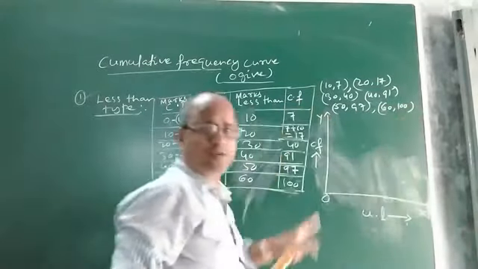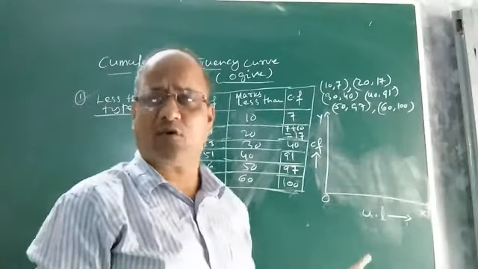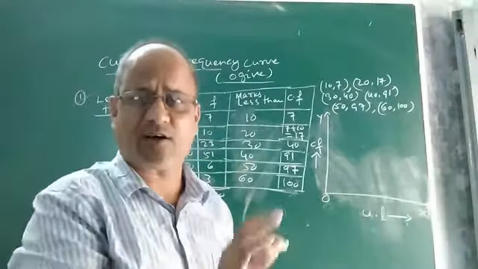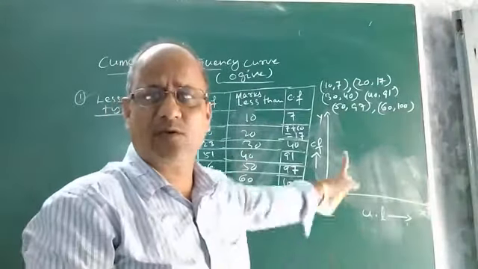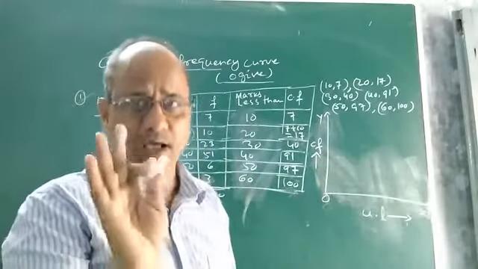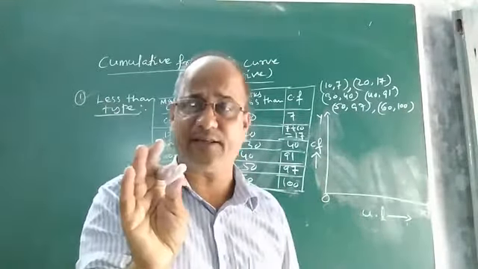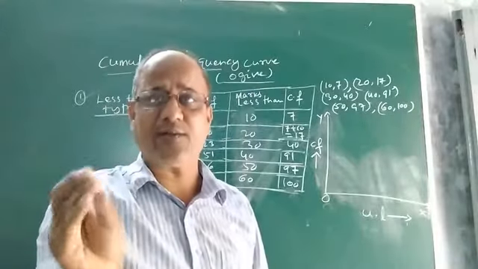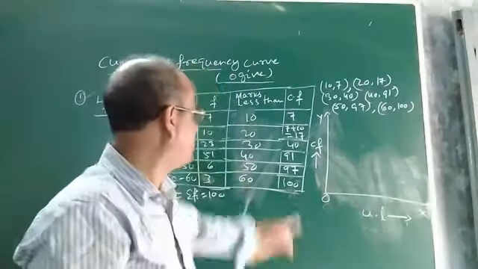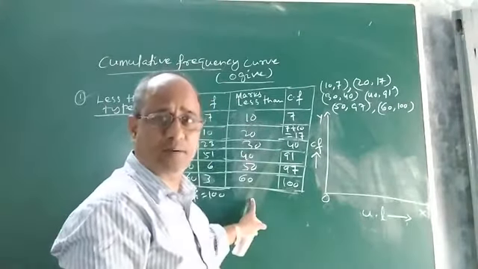So these are the points to be plotted in the Cartesian plane or coordinate plane, and on joining those points by freehand you will get a curve. The curve so obtained will be known as your less than type ogive or less than type cumulative frequency curve. Children, I hope you understood the logic. Once again I am saying, in order to draw the less than type ogive, first you take all the upper limits.